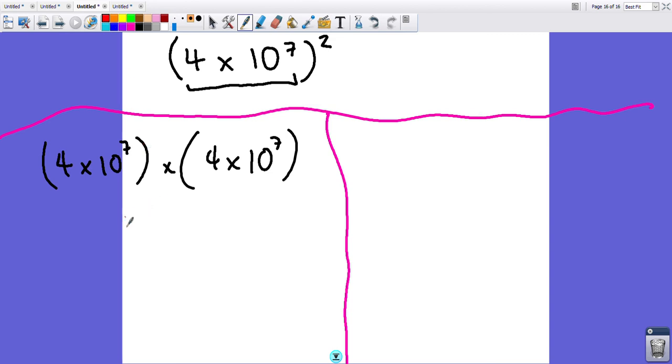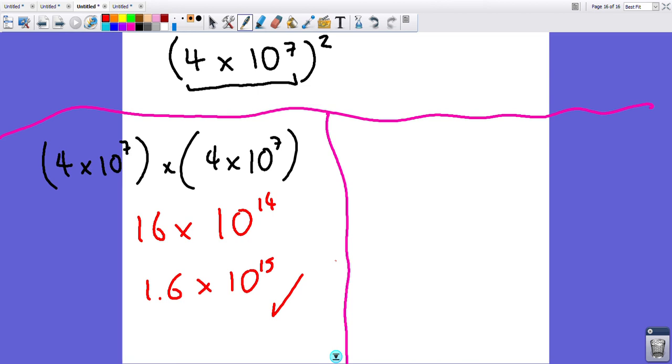4 by 4 is 16, times by 10 to the 14, because we add together 7 and 7. Divide this 16 by 10 to make it 1.6, times this by 10 to make it 10 to the 15, and that's our answer. The second way to go about it, if I just write it out here again, is